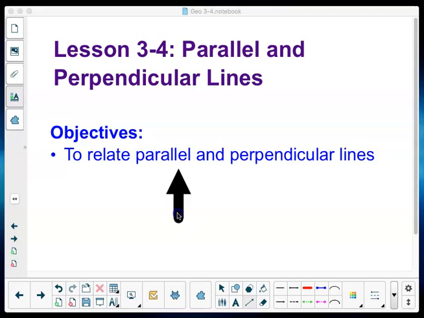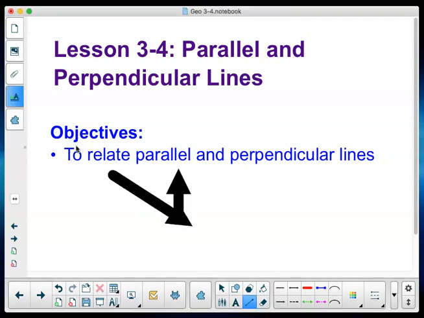Okay, so this is lesson, whoops, excuse me, I'm going a little crazy with my arrows, telling people where to